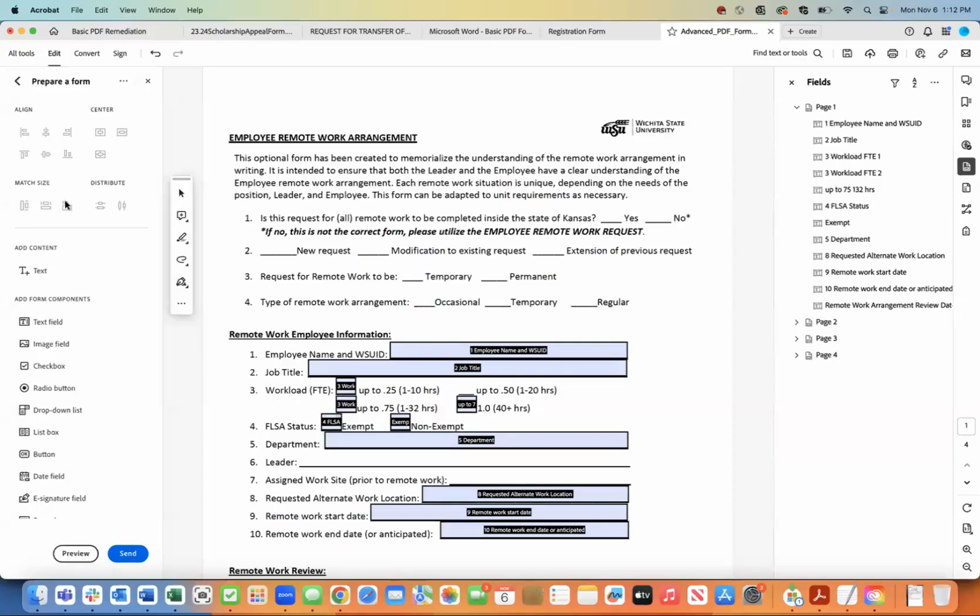Okay, and in our prepare form, add form components, we want radio buttons. So I'm going to select radio button. The first one, number 1 here, is a yes and no. So we want one in the yes field and one in the no. I'll drop one in yes